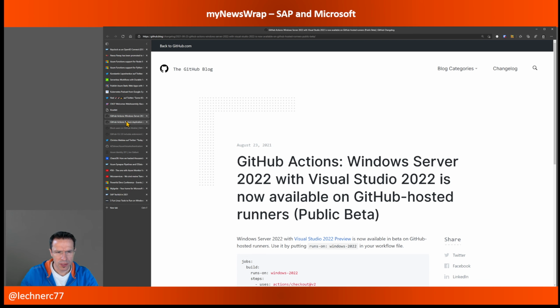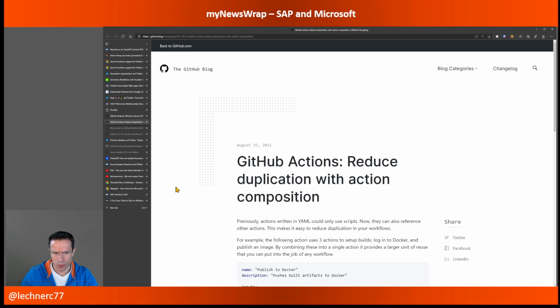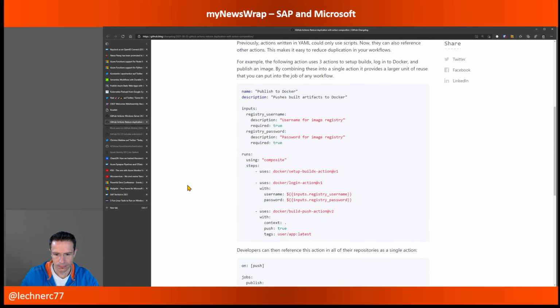Then another announcement, which was, from my perspective, the best one this week around GitHub Actions, and that's around the reduction of duplicating code with action composition. So you can now compose several actions, several steps, and use that as an atomic building block for other actions, pipelines that you use.